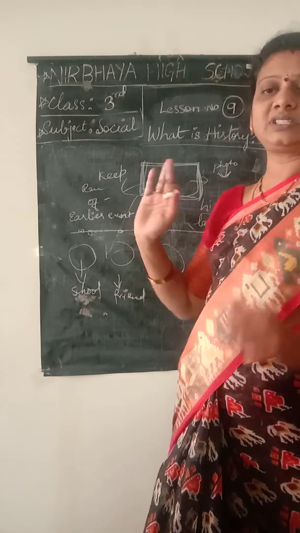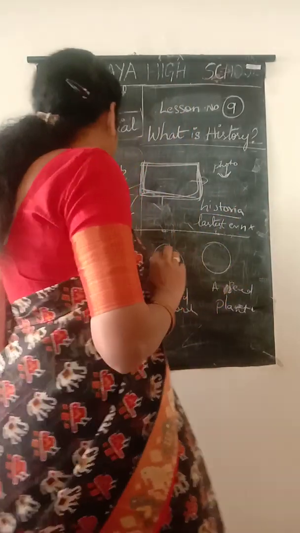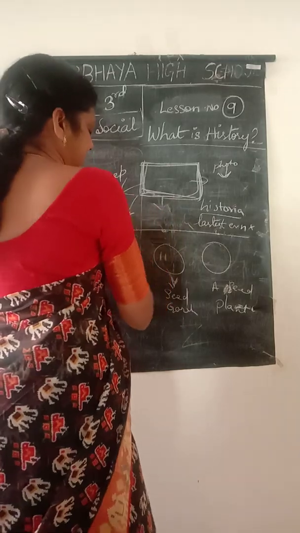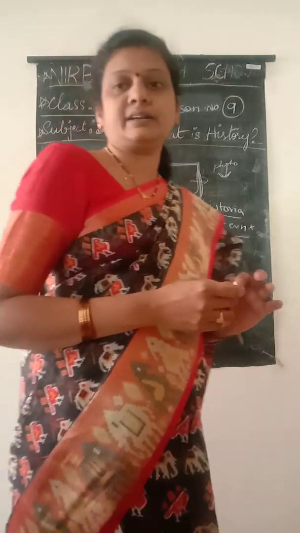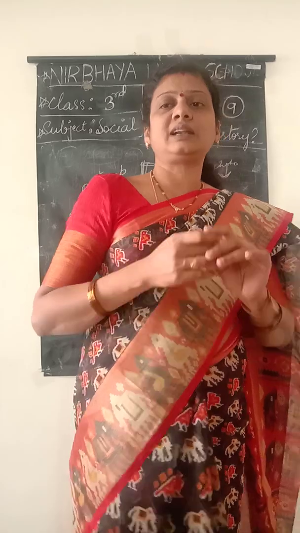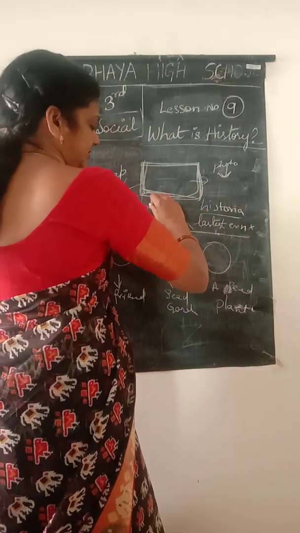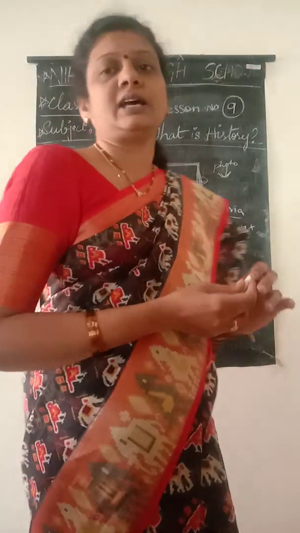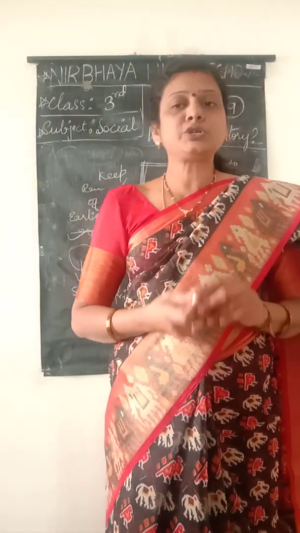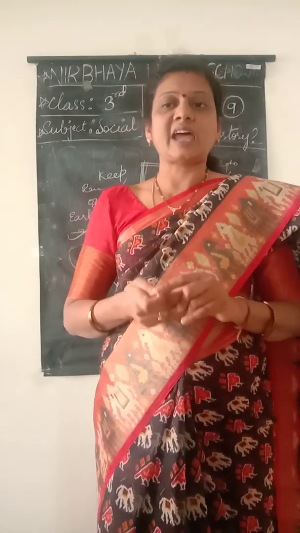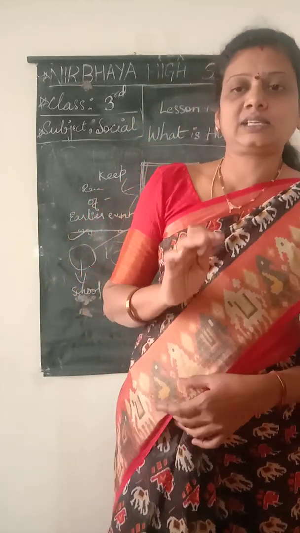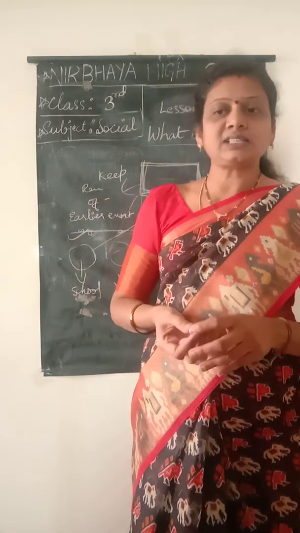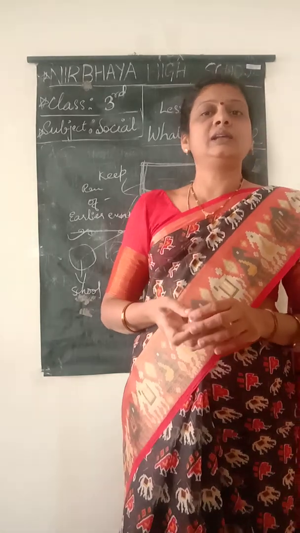On a timeline, the first event is on the left hand side. And the latest event is on the right side. This is right and this is left. A timeline can only show the order of events that have happened in the past. It helps us to remember when events happened in the past, but how do we learn about